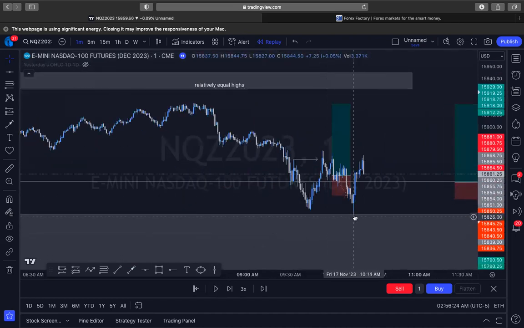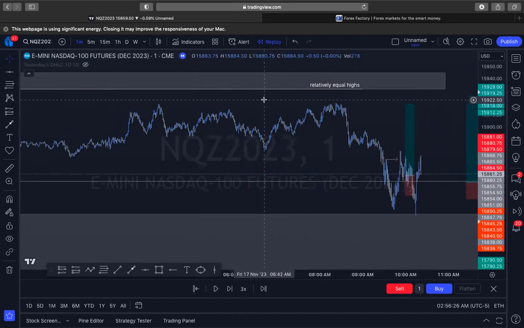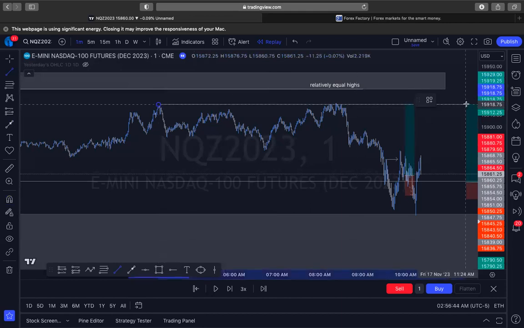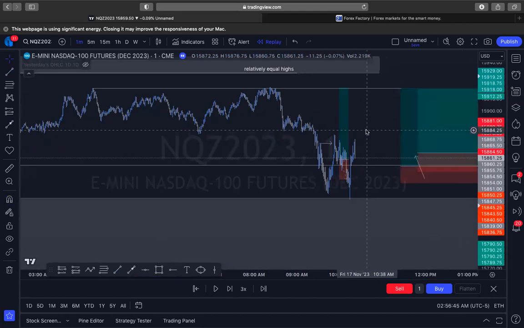You see this rejection right here? And what did it leave here? It left clean highs, right? Yes, it took the highs from here, but it still wasn't enough for it to say, hey, we took out those highs completely. So let me mark these guys up so you guys can take a look at what I was aiming for.